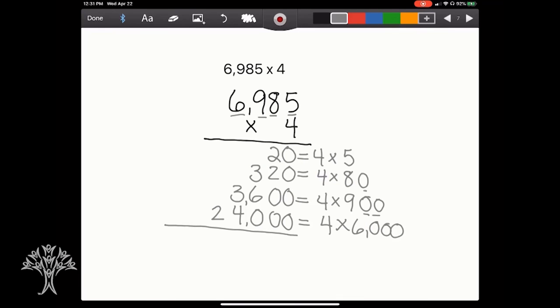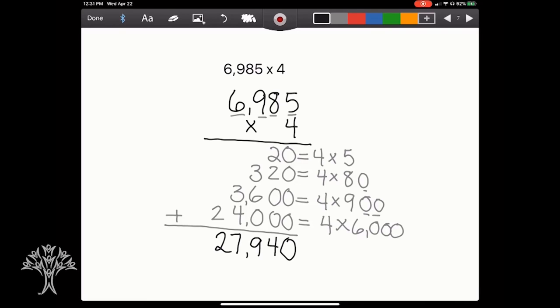All right. How'd you do with that one? Feeling pretty confident with understanding this method now? Even though we're moving a little quickly, we'll have some practice problems that you can do at your own pace as well. So you can slow it down and take the time that you need on it. All right, so now I'm going to add down the columns. And this time I get 27,940.